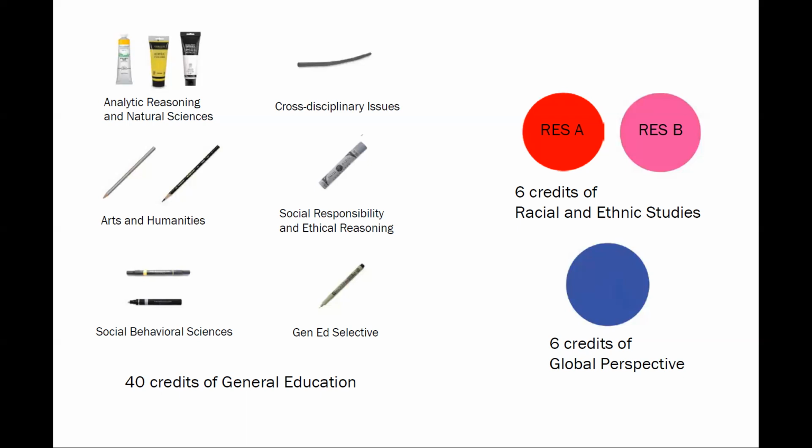Always making sure that we're looking at that Gen Ed list and that what we're choosing is on that list, and that we are hitting the color requirements that we need while we're choosing those 40 credits, so we don't end up paying for credits that we